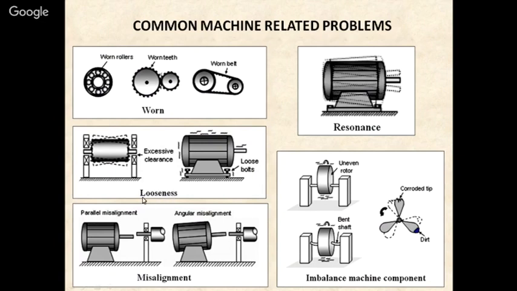Looseness is also one of the common machine related problems. This is usually caused by improper manufacturing or improper installation of the machines. Then we have misalignment. Misalignment is also a big cause of machine related problems. If you have misalignment, then your bearings may fail earlier than the